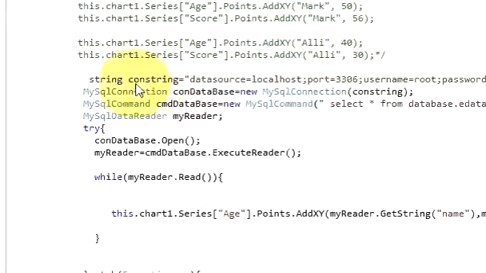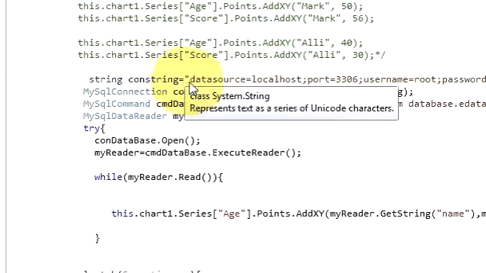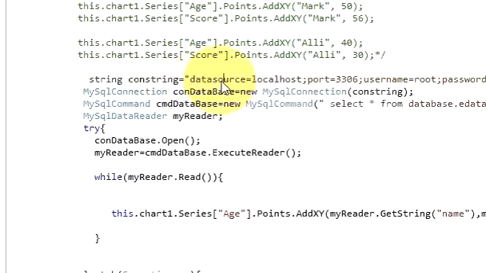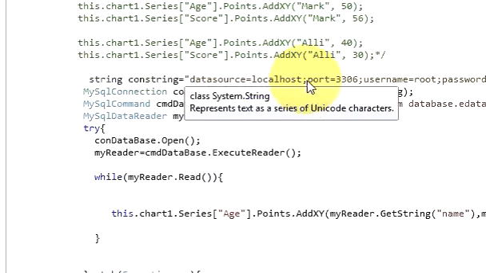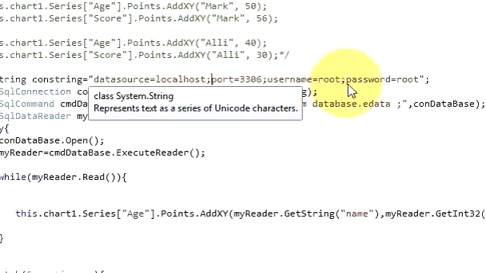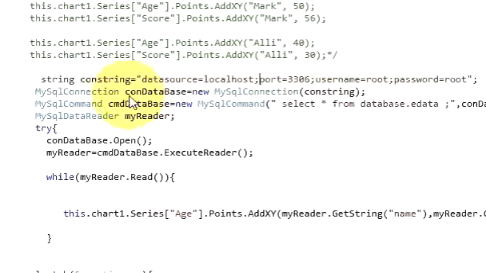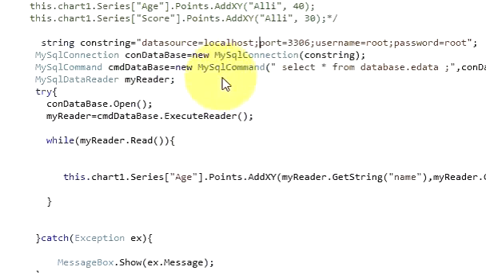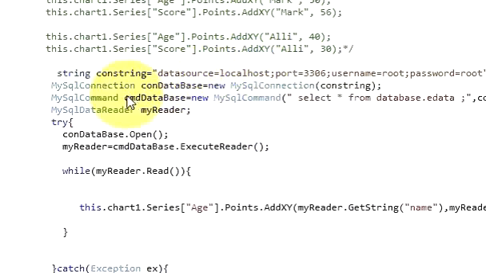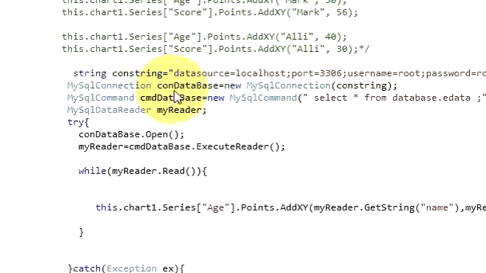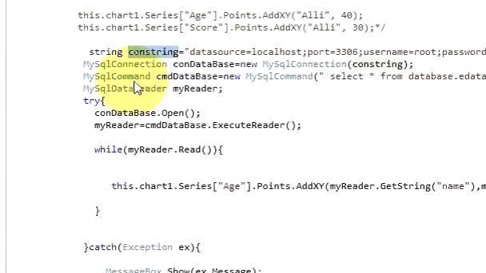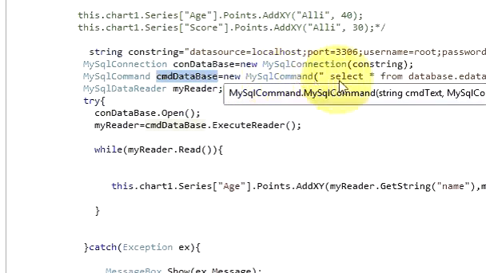So first line is the connection with the database. So write string constring is equal to double quote data source is equal to localhost, then semicolon port is equal to 3306, username and password. This I have shown you I think multiple times, so this time you know what is this. Then write MySQL connection con database is equal to new MySQL connection and pass this string variable, and then write MySQL command database is equal to new MySQL command, and in the